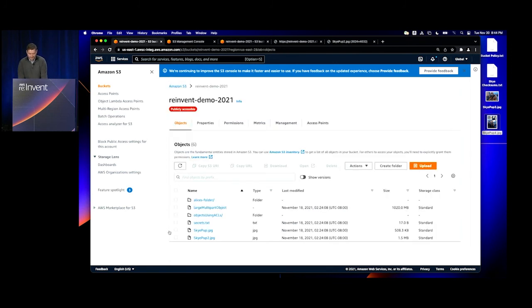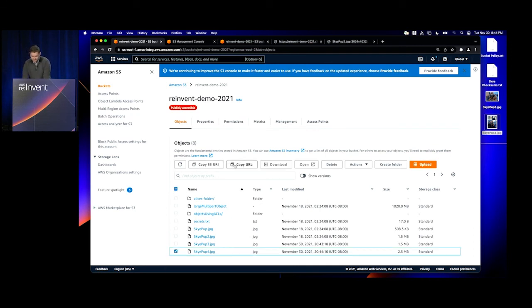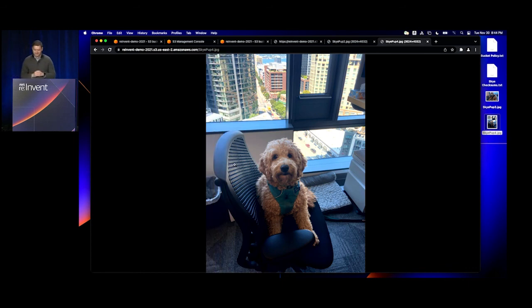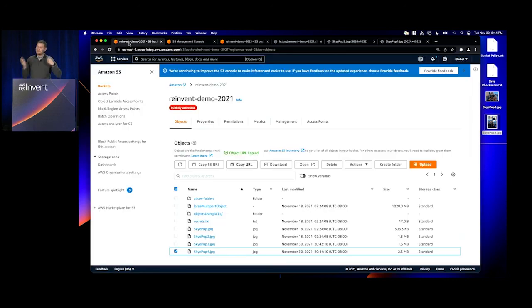And so if I go back and I look at that object in the console, I can see that my object was uploaded successfully. And so that concludes the demo today. And so to quickly recap, we turned on the new object ownership setting to disable ACLs on my bucket. We used the new policy editor and inline policy validations tool to write 2 new statements and 1 new bucket policy. And finally, we uploaded 2 objects using the additional checksum capabilities that are coming soon.